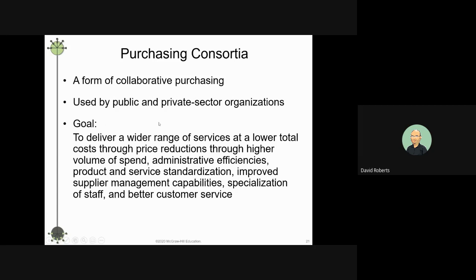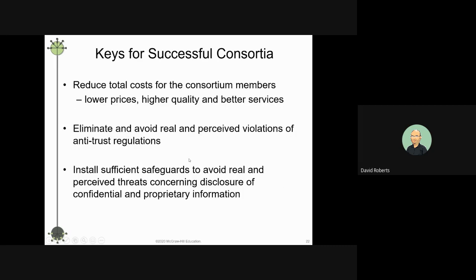Collaborative purchasing, with a consortium, a group of purchasing people. So different areas of government will go together so they can get better prices on, again, pens, paper, whatever they need. Computers, like USB sticks these days, things along this line. Again, we want to reduce the total costs. We get lower prices. We can get better quality and better service because we have more power in that way.